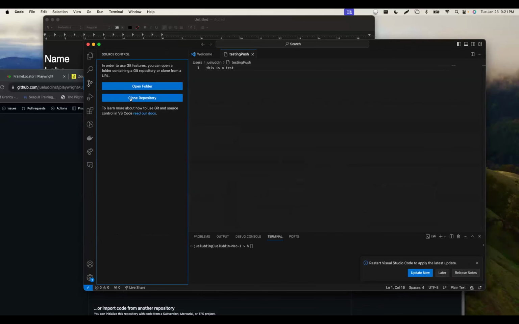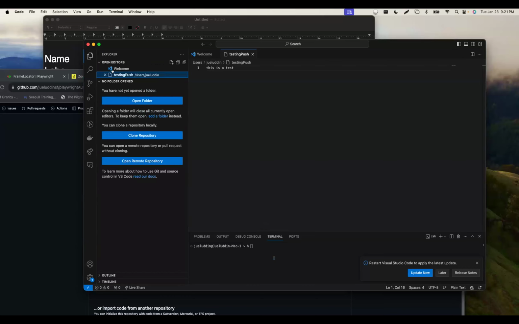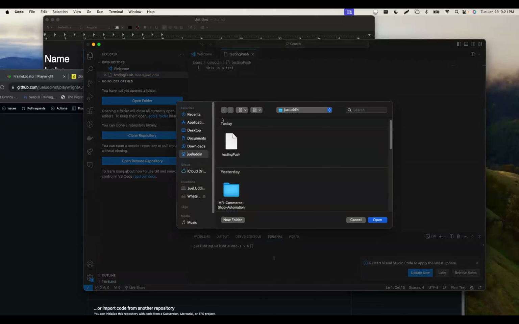So I'm going to say I don't have none of these, right? So I'm going to init. I'm basically going to say this is a Git folder. So if I click on this, it's a file. So I'm going to have to create a folder first, okay? And this file has to go inside of it. So now let me just go ahead and